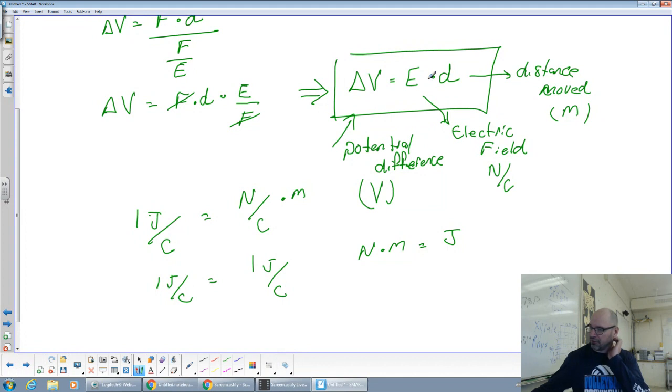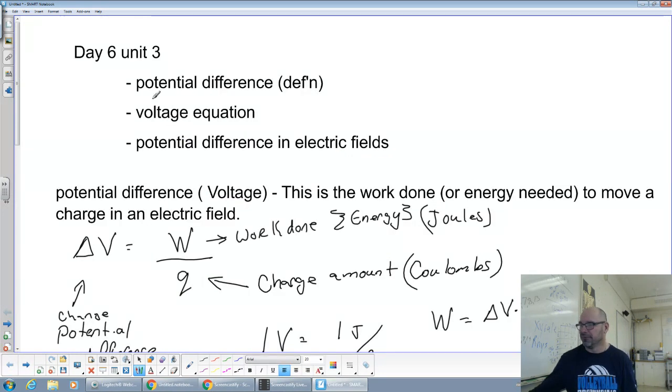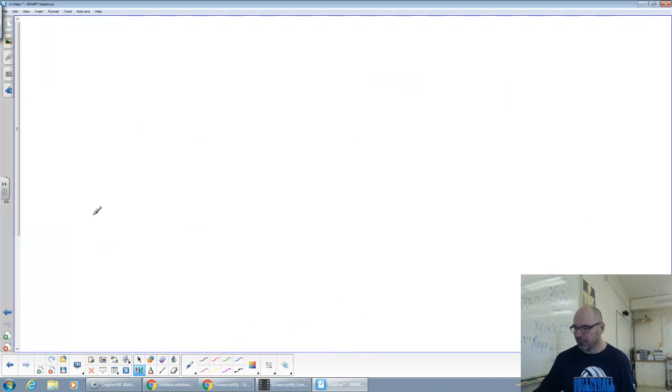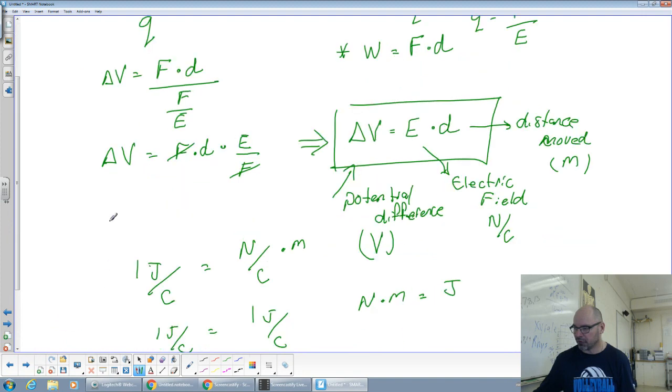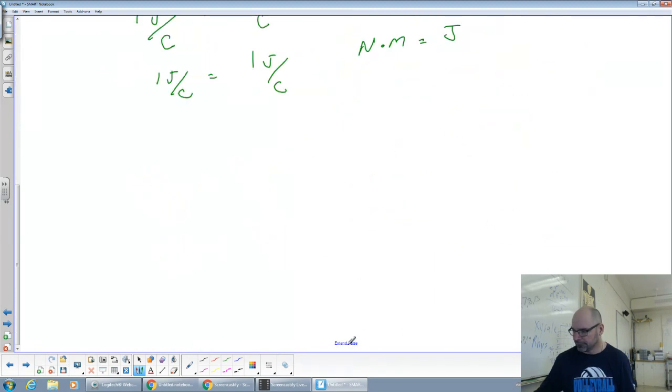Okay, so looking at our plan for today. We've defined what electric potential difference is. We looked at the voltage equation in this form, and we also looked at the potential difference in an electric field. So all we have to do is do a few examples of this, and then we're done for electric potential difference. So let's do that. Let's start off with a real simple example calculation